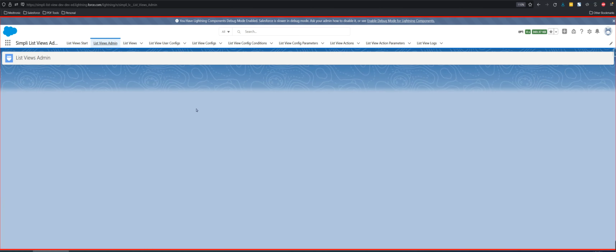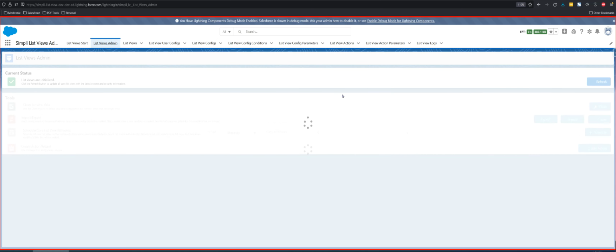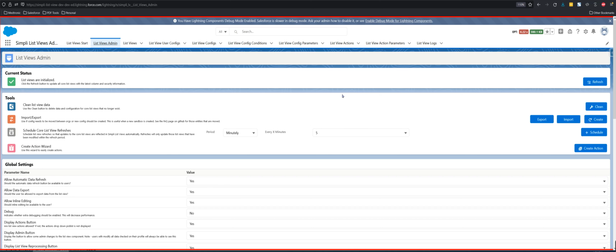So if we start out at the list views start page and we go to the list views admin, from version 1.1.2.1.1.5, we should see a create action wizard as one of the tools available to us. So if we first go to the list view actions themselves